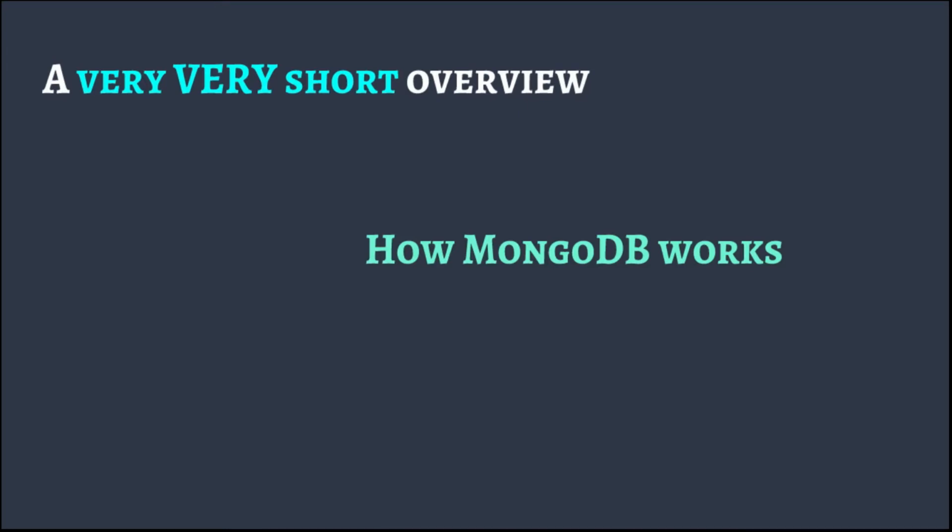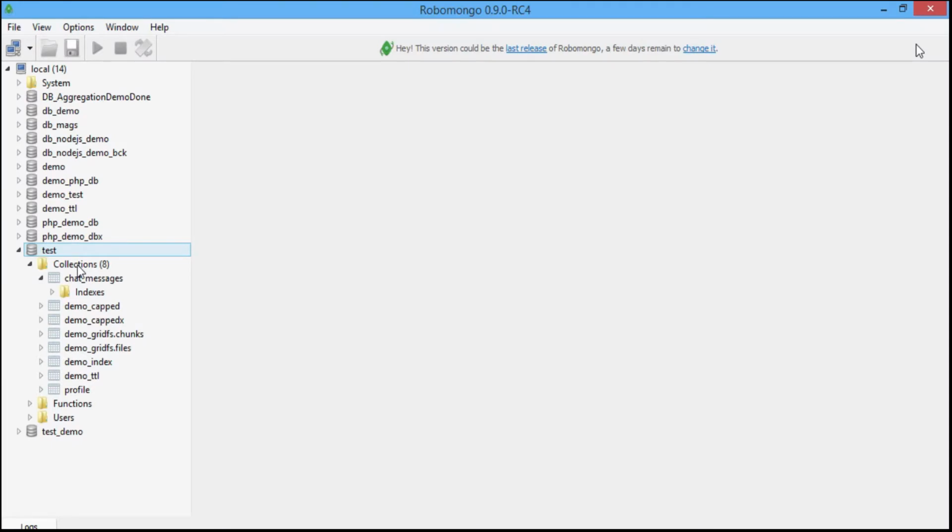Now let me show a quick demo of how working with MongoDB is like. There are more than 5+ very good clients available for MongoDB. That is same in the case of SQL Server databases like MySQL, Oracle. So I'm using a client called RoboMongo here. I have connected to my local server which is running in my machine. And these are all the databases. Under database, we have collection. So under test database, we have around 8 collections. A collection is similar to a table in the SQL database. So chat messages is a collection which has around 14 documents.